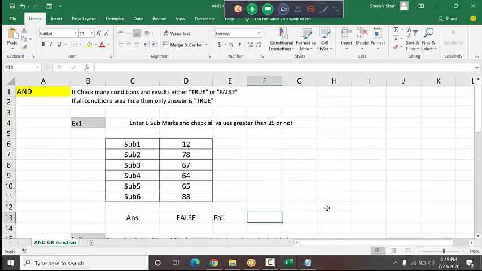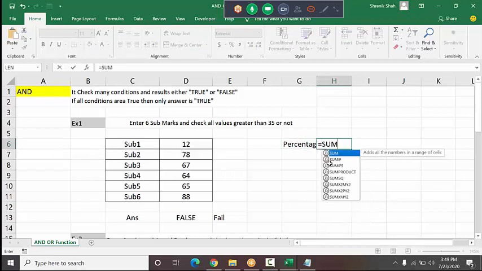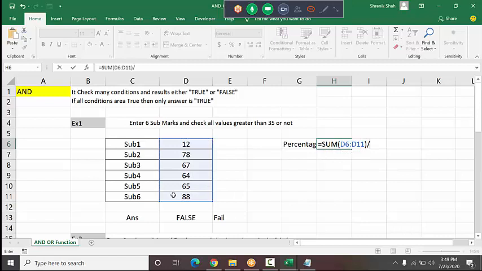Okay, one of my batch tried to print the answers like this. What I asked is, first you calculate and print the scored percentage. So here they make the sum of all the values like this and they divide by 6 because there are 6 subjects in total, and this prints the percentage.